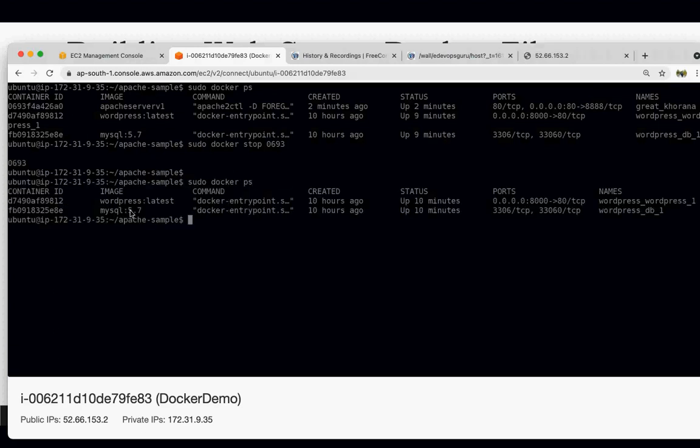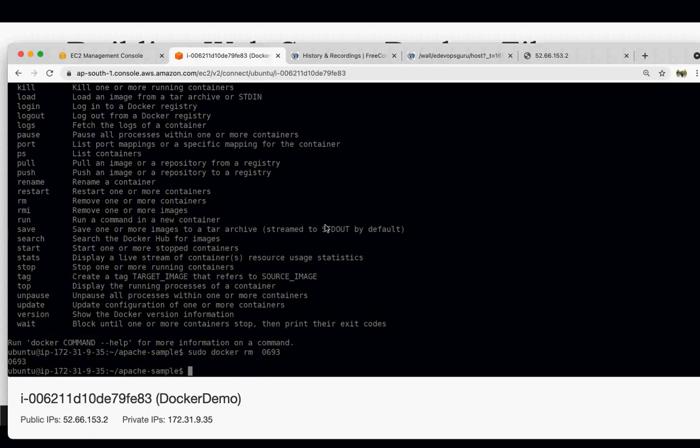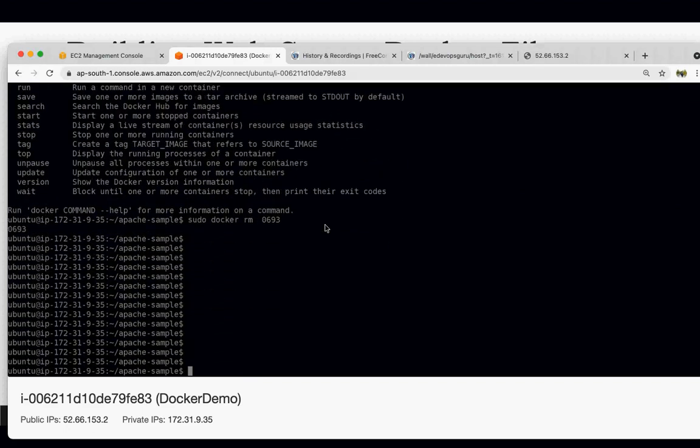Generally it takes a little time to stop the container. Okay, now if we run docker ps, you see it is gone. It doesn't show it. Docker. Okay, if you just run a docker command, you will see the different commands available. Let me just remove the existing server. So here sudo docker rm, and then you can give the container ID, and that particular container would also be removed. Let's try to run that command again.